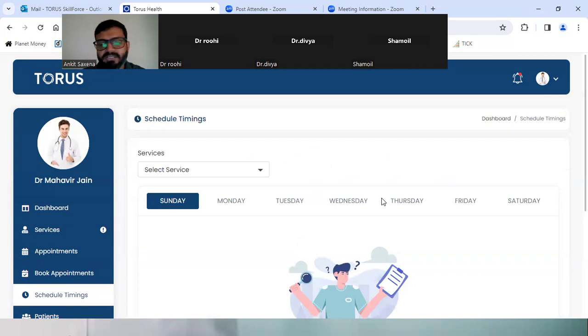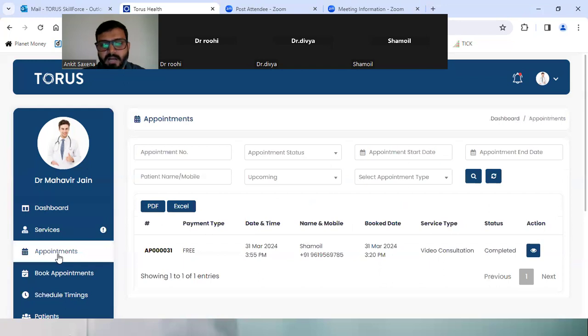After the schedule timing tab, let's move on to the appointments tab here. In the appointments tab, you have various fields: appointment number, appointment status, appointment start date, appointment end date, patient's name, mobile number, upcoming appointments, select appointment type.